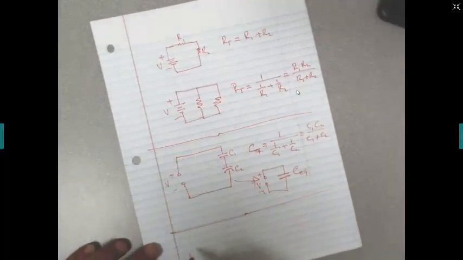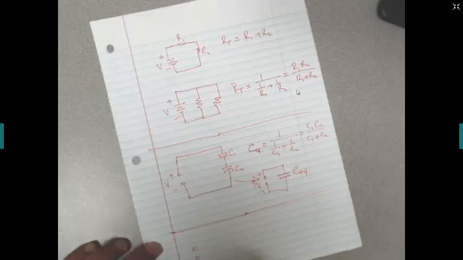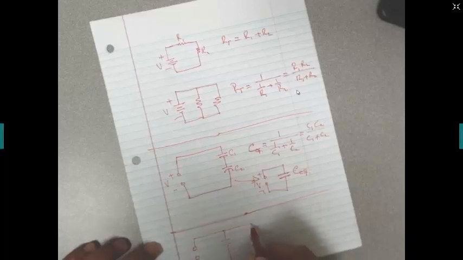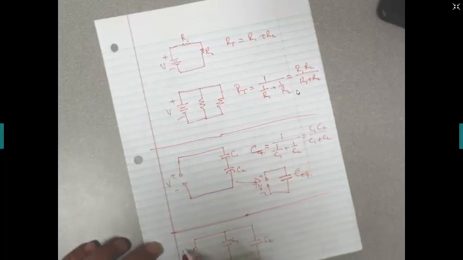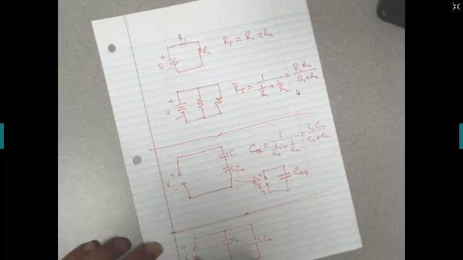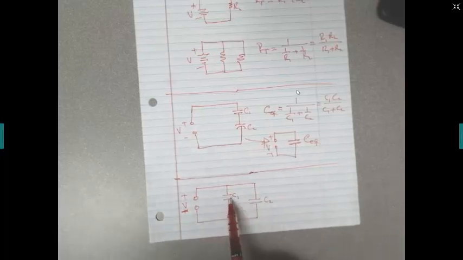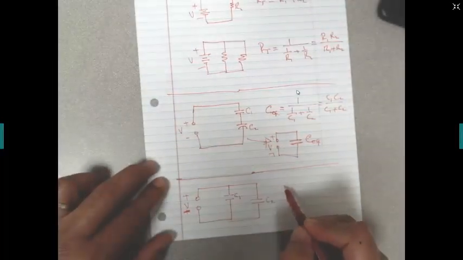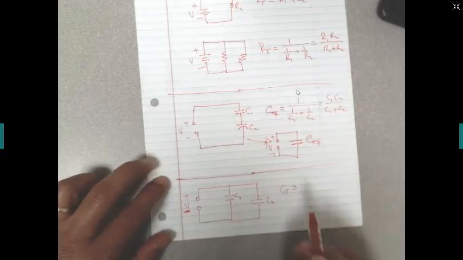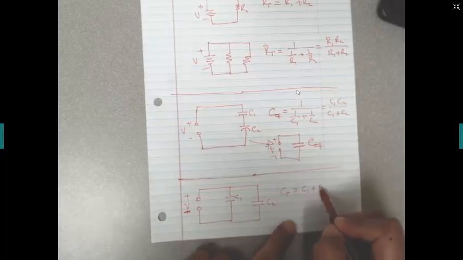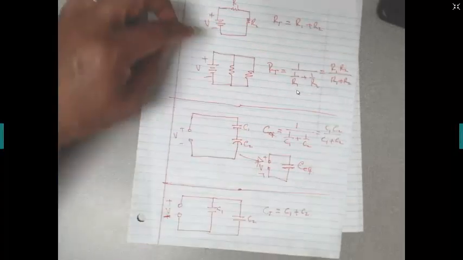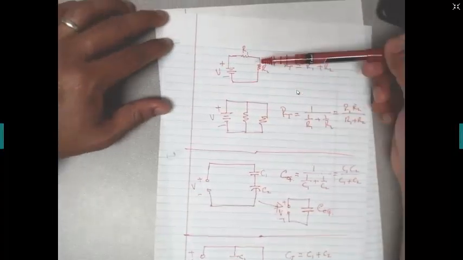So if we have a circuit in which the capacitors are connected, let's say this is C1 and this is C2, and here we have the voltage applied. Okay, now that is a parallel circuit. You have two capacitors in parallel, so when you do that, you can say that the total capacitance, or the equivalent capacitance, would be just C1 plus C2, just like the same thing as the circuits that are